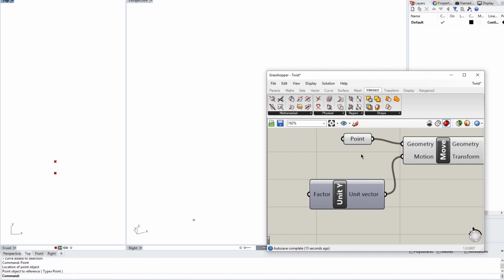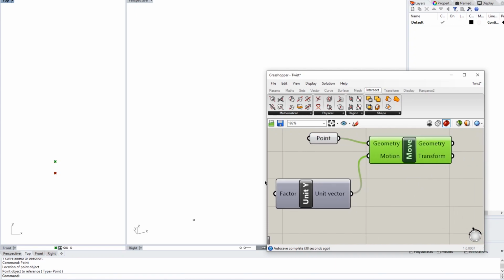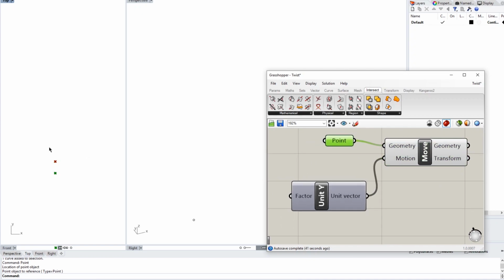And so one key thing to note is if you left click on a component, you realize there's a slightly less darker gray, which means there's no geometry in Rhino. Or if it's a very whitish component, something is being referenced in Rhino, and you can actually click to see which one it is. And the move component outputs the new point, which is the origin moved by a unit